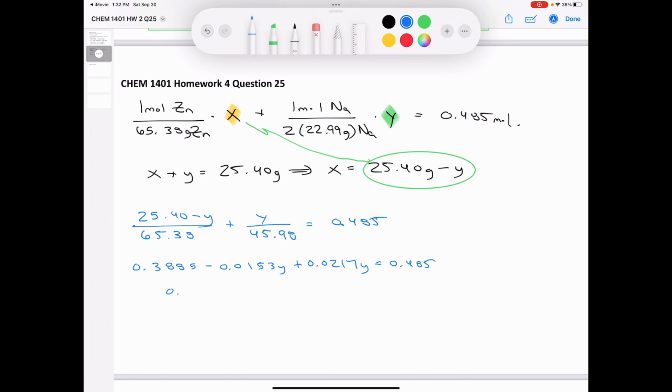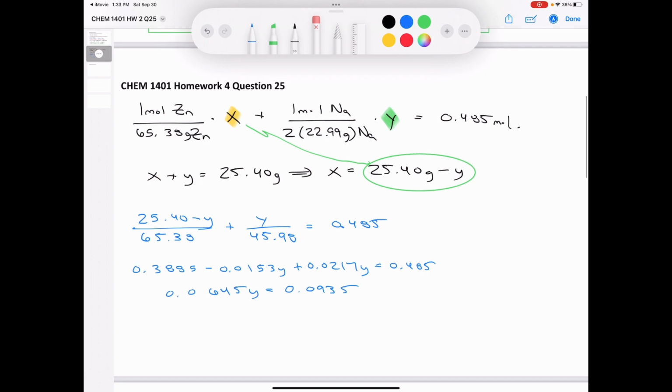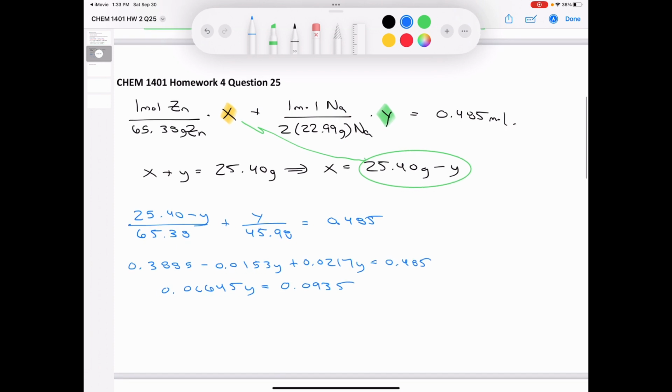I'm going to simplify it a little more. I put 0.00645Y. I think I added an extra sig fig there. It is equal to 0.0935. Doesn't matter. I divide both sides by 0.00645. So let me just clean this number up here. This is supposed to be a 0 here. That didn't come out so well. There we go. And I solve for Y, and I get that Y, which is the mass of my sodium, is equal to